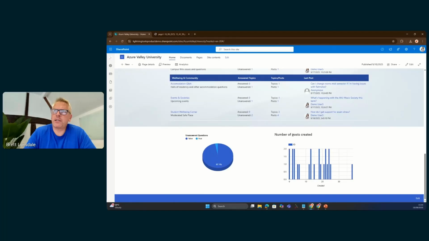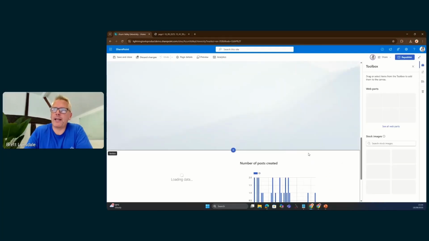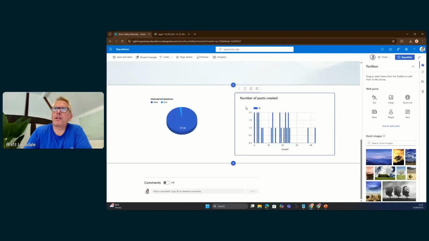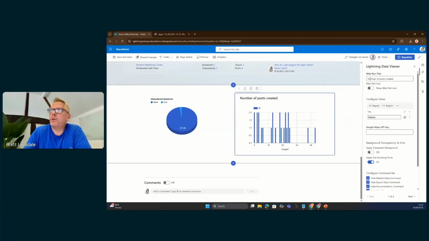And I've also created this chart here that shows the number of posts created. And I'll set the interval on that one as minutes because I created most of this content last night. So everything was created on the same day. But yeah, of course, you could go through and refine that accordingly. So if we just go into the properties of that web part, you can see